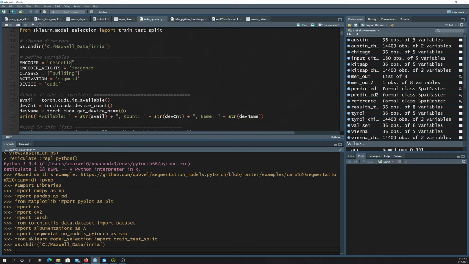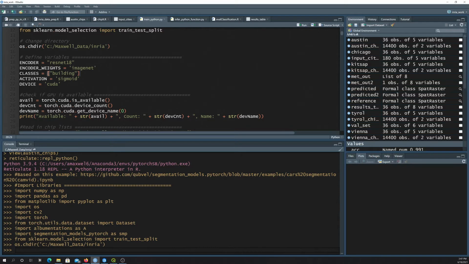There's ResNet 32, 101, 151, or 150, I can't remember. But then there's other backbones. So you can play around with the backbones and see if it would improve it. We're going to start off with ImageNet weights as opposed to starting off from randomly initialized weights. These are RGB images, so it seems like starting off from ImageNet would make more sense than starting off from